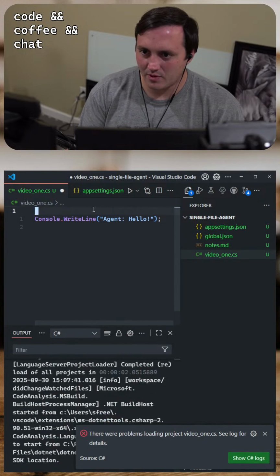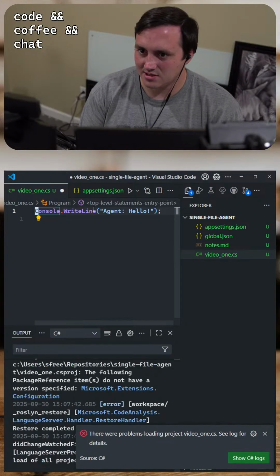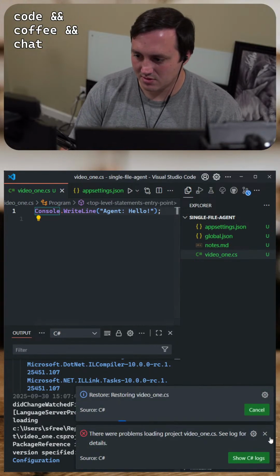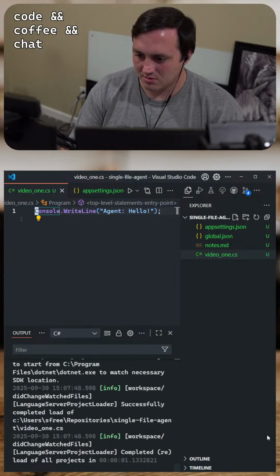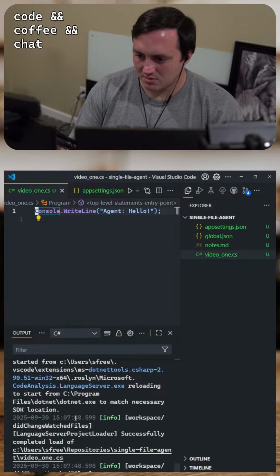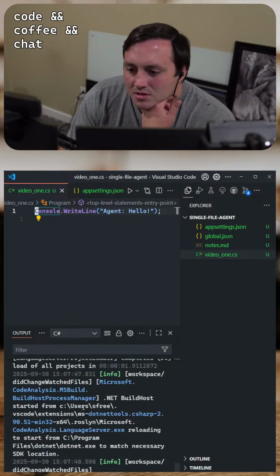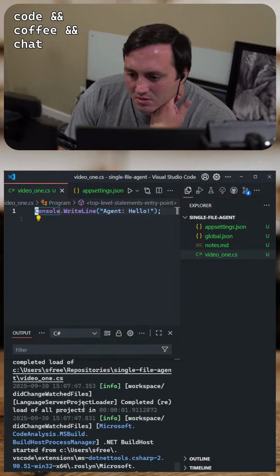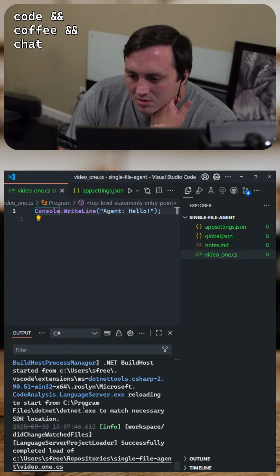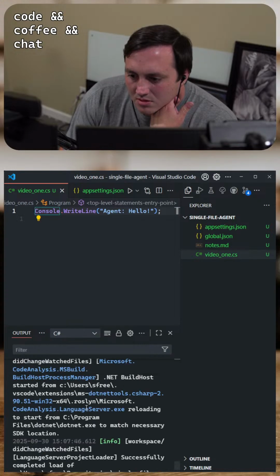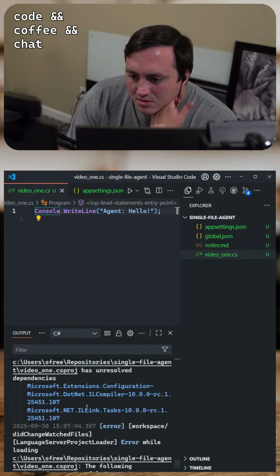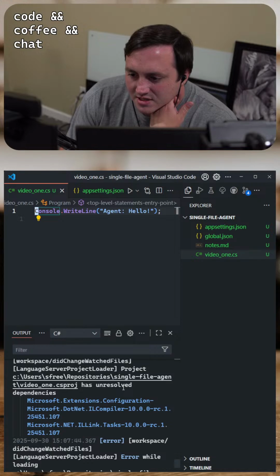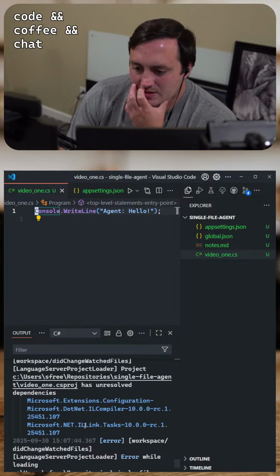I added that one package inline and now it's stuck in a loop. What was it saying? Has unresolved dependencies, Microsoft.Extensions.Configuration.